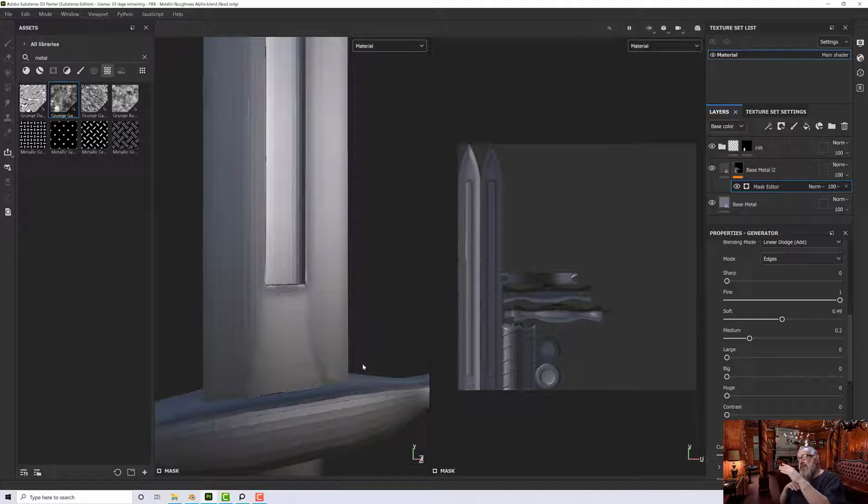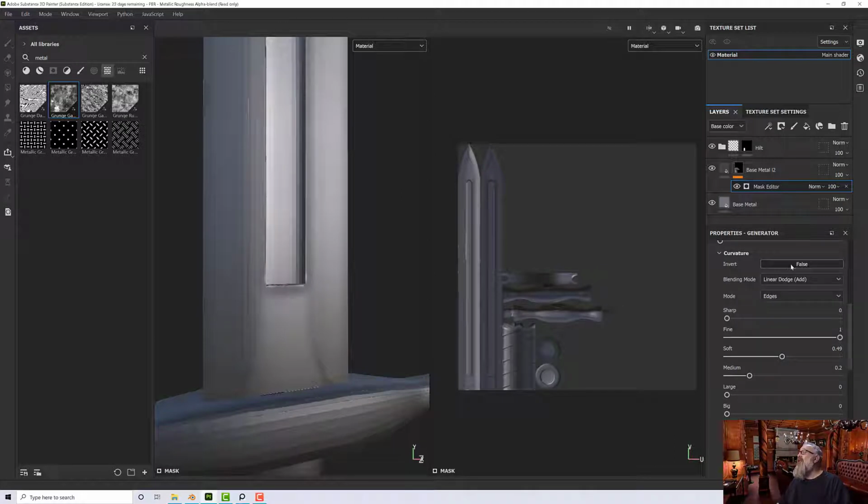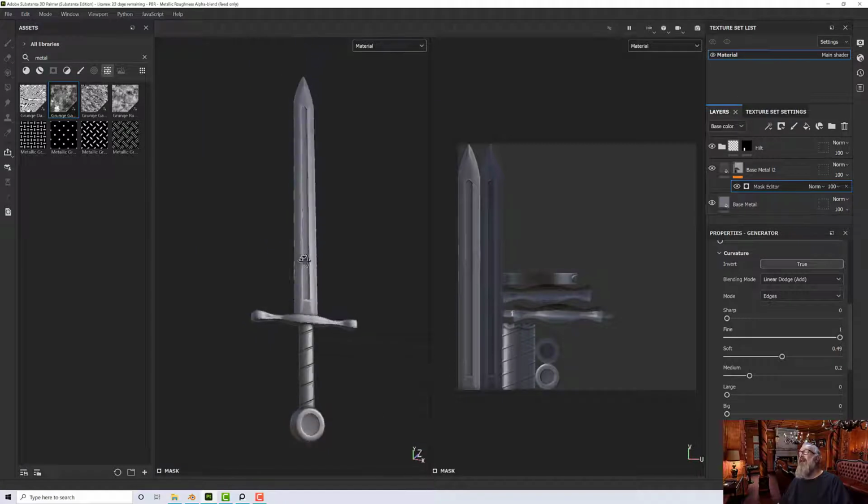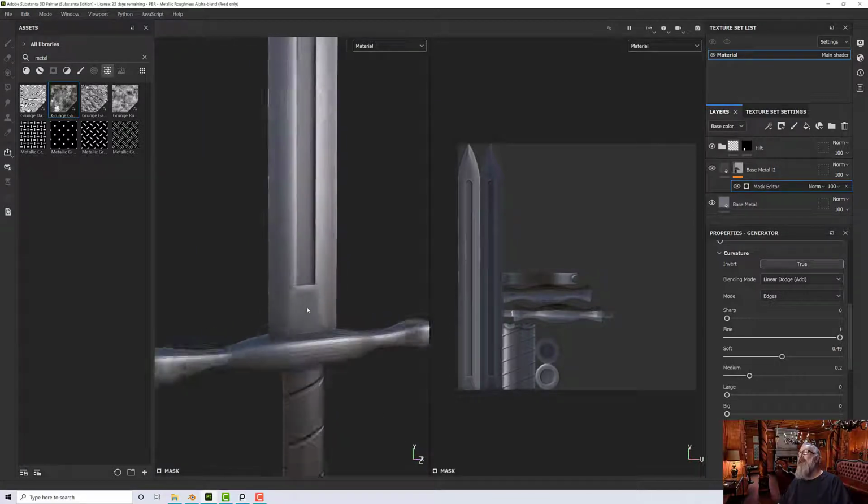But because this metal is duller than what's below it, it's kind of the wrong way around. So what I'm going to do is invert this mask, and I'm going to invert the curvature, not the whole thing. So let's click invert, and there I get a bit more of the effect I want on the blade,